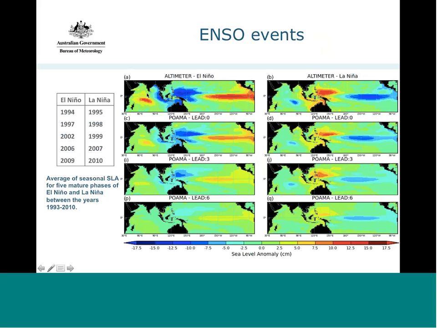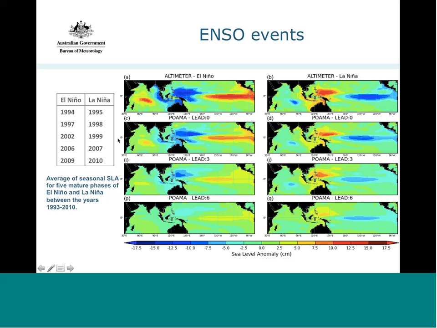But interestingly, we also see this strong monopole feature in the Indian Ocean for both the El Nino and La Nina systems. And that can be seen as part of the, typically when you have a strong ENSO event, it's normally followed on with a strong IOD as it moves through the Indonesian flow-through. If we turn our attention to POAMA's forecast, where we've got a lead 0, a lead of 3 months, and a lead of 6 months for these